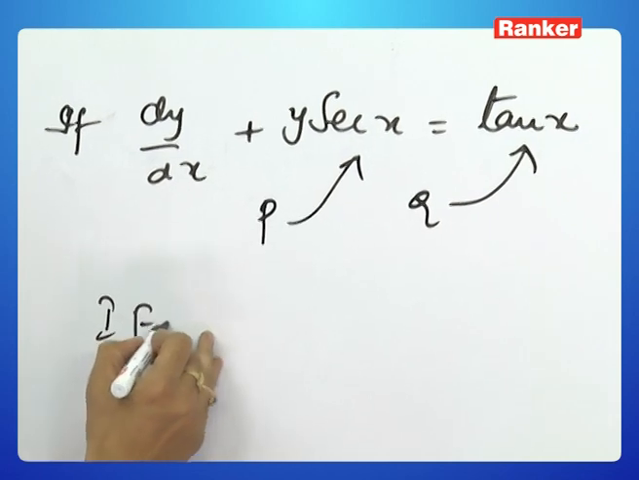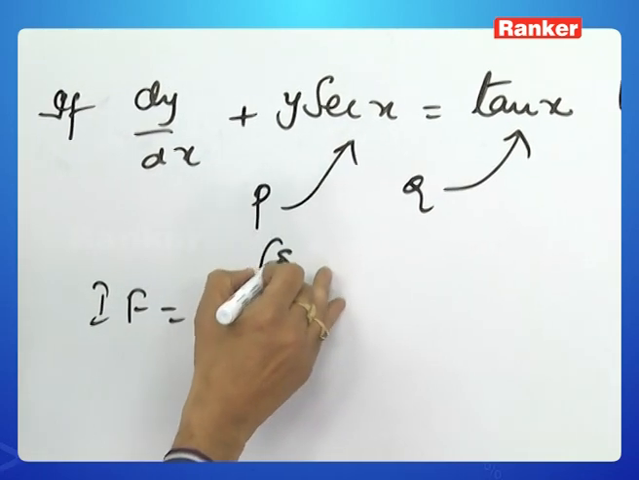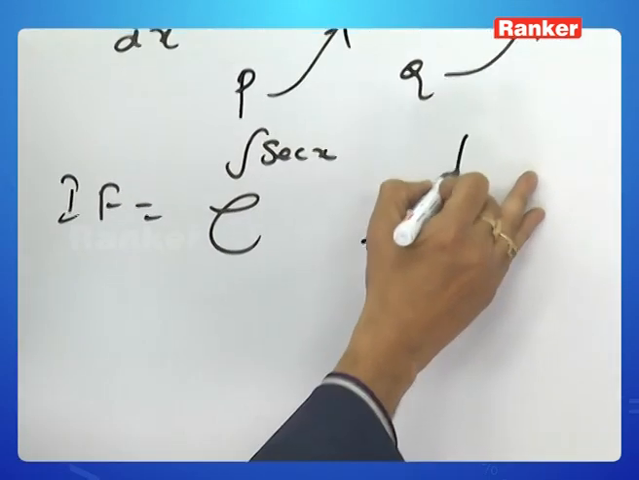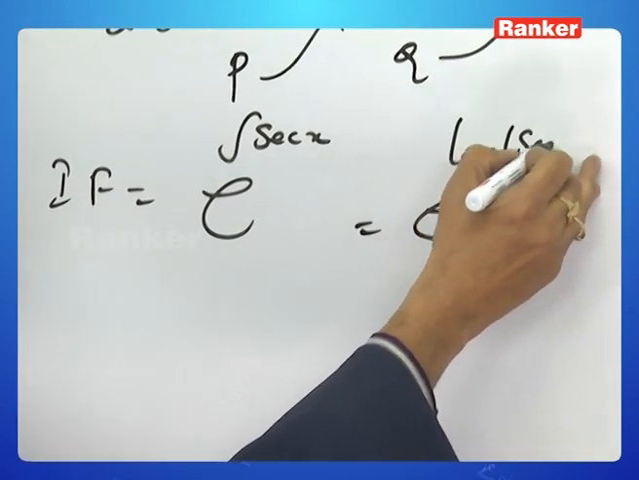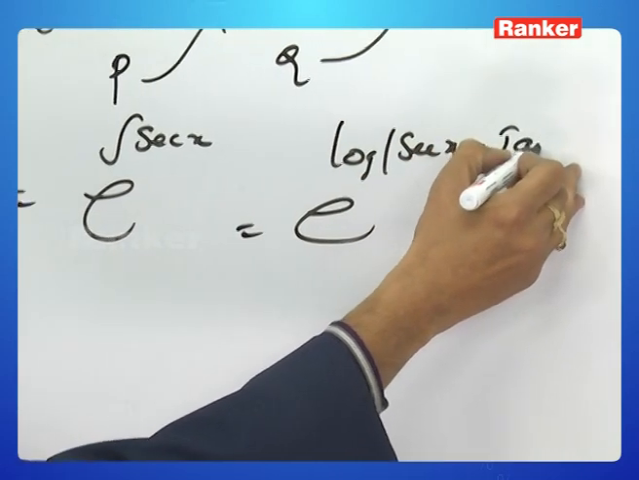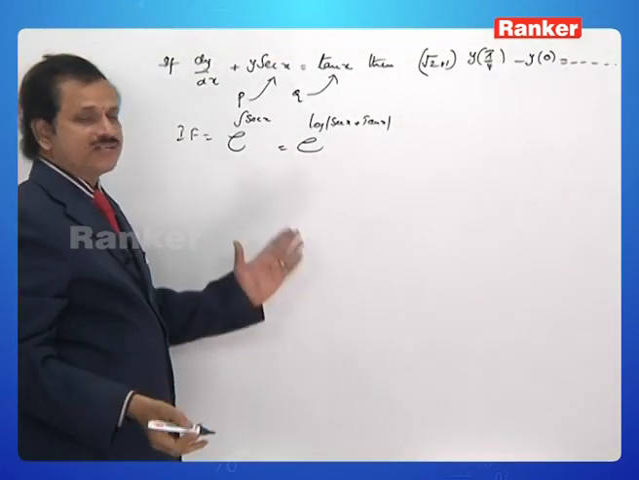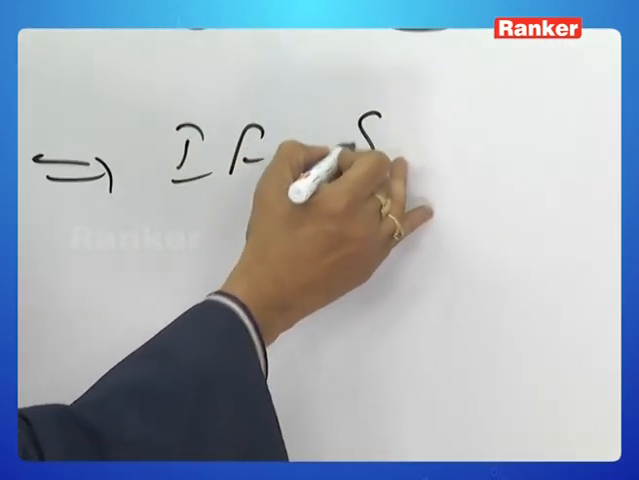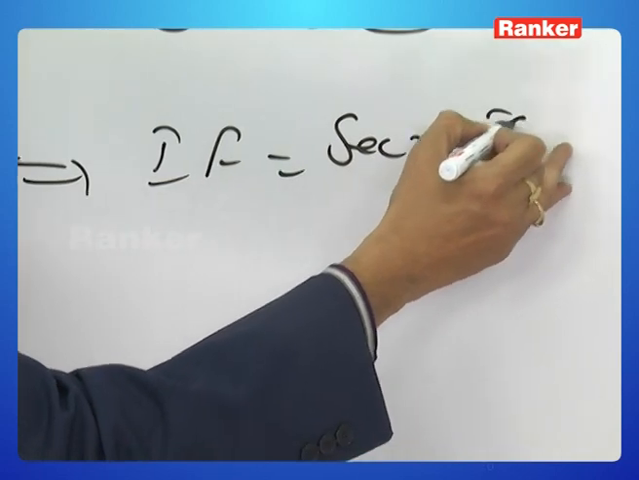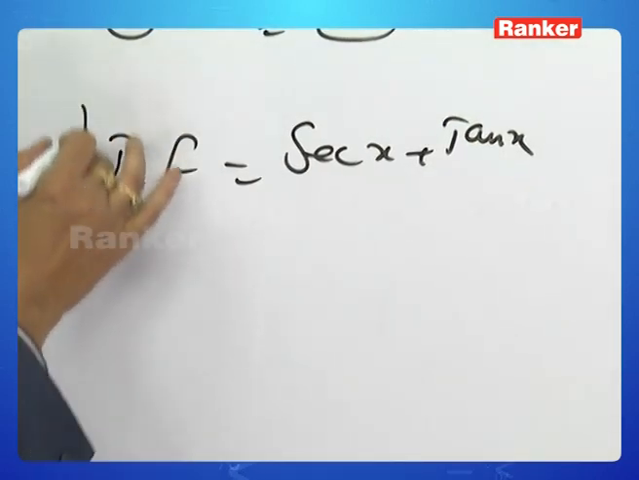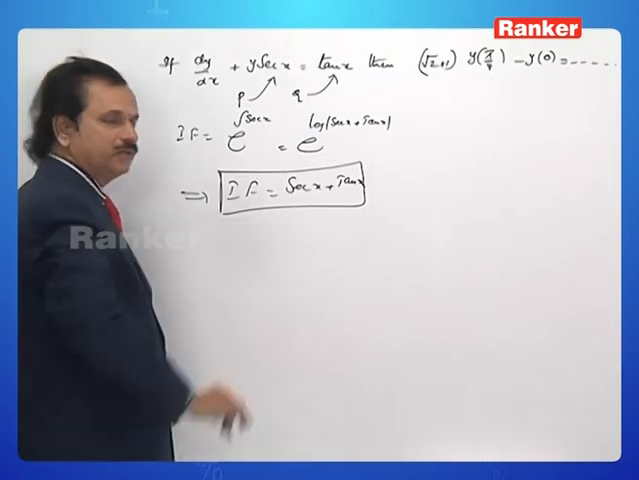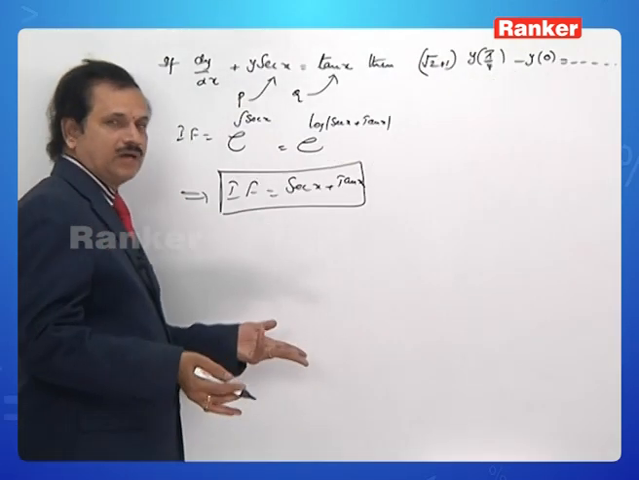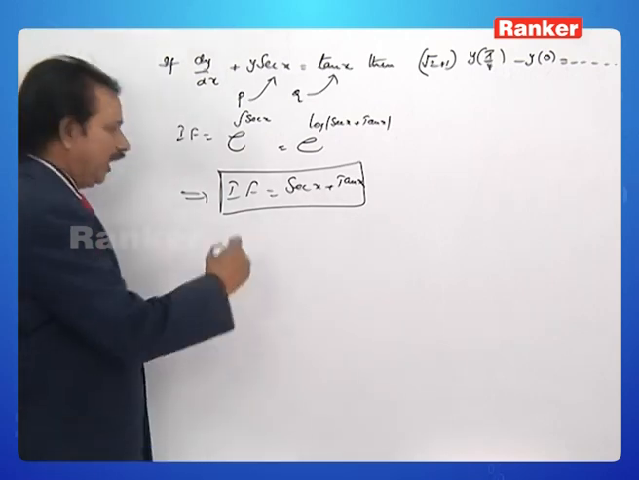What is the integrating factor? IF is e power integral secant x. We know that integral of secant x is log mod secant x plus tan x. So e power that is just nothing but secant x plus tan x. Therefore, IF is equal to secant x plus tan x. The first step has been completed successfully. Well done. The next and final step to get the solution is